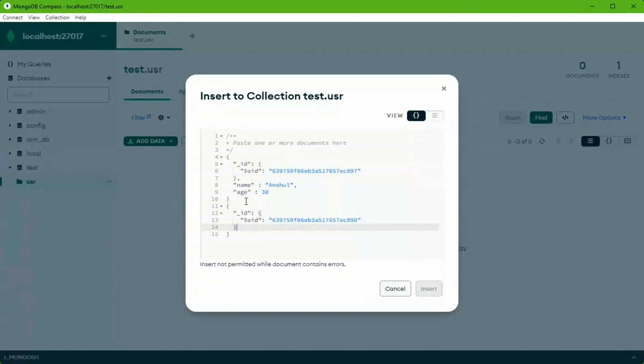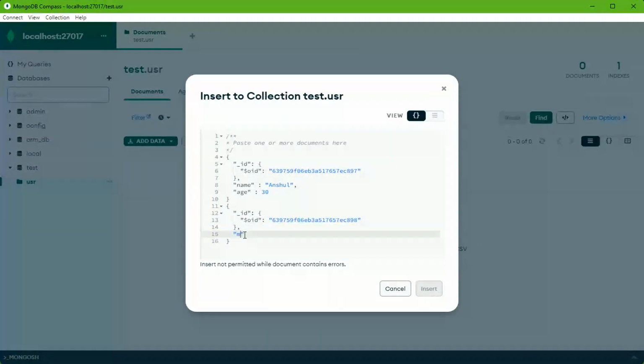OID means, this will generate an ID. This is a parameter in MongoDB which is going to generate an ID using this string. This string will be used to generate an ID which will be saved here. Okay, I'll discuss these operators in a few minutes.